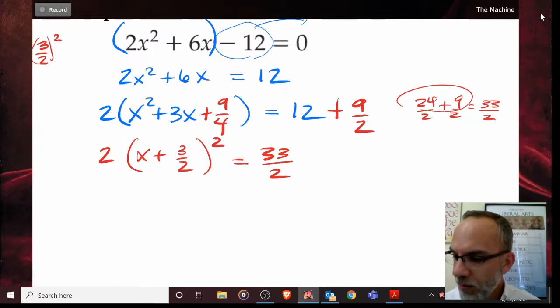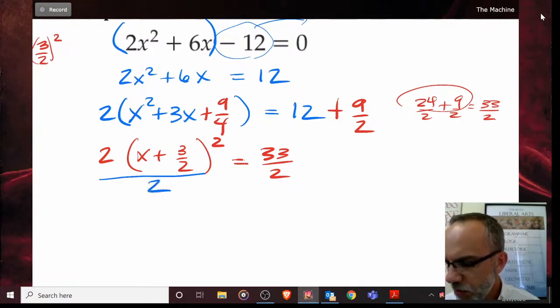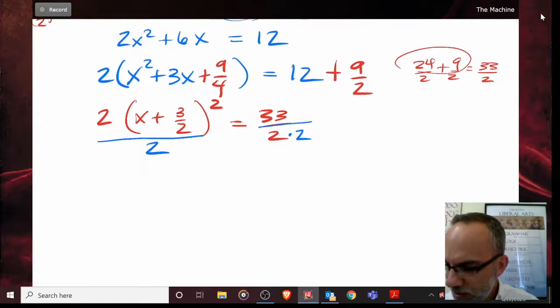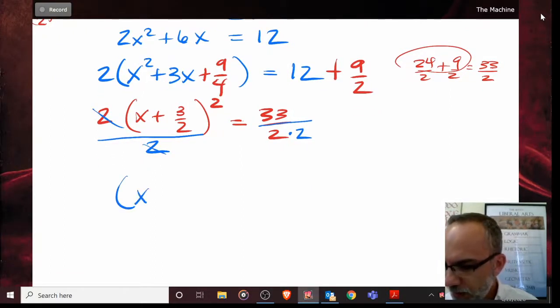Well, I'm going to have to get rid of the 2 out in front before I square root. So let me divide the entire left-hand side by 2, and let me divide... Oh man, this is getting busy. How do I divide the entire right-hand side by 2 when there's already a fraction there? You could multiply it by 1/2, but if you can see it like that, all you have to do is throw the new denominator of 2 into the old denominator that's already got a 2, and so it's 33/4. So this one's now, after this cancels, x plus 3/2 squared is equal to